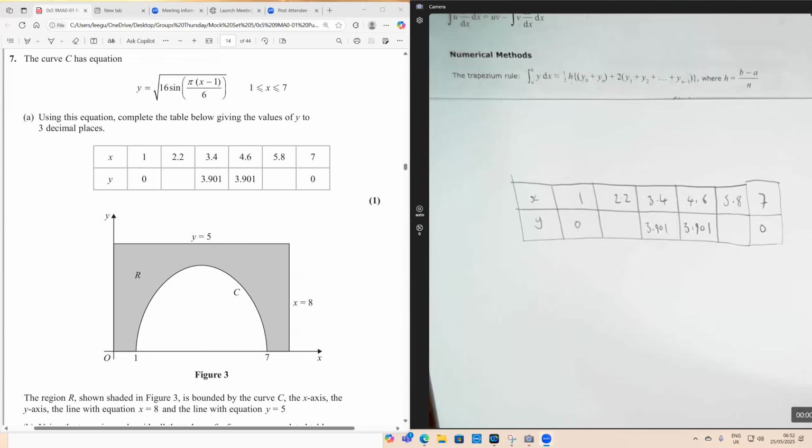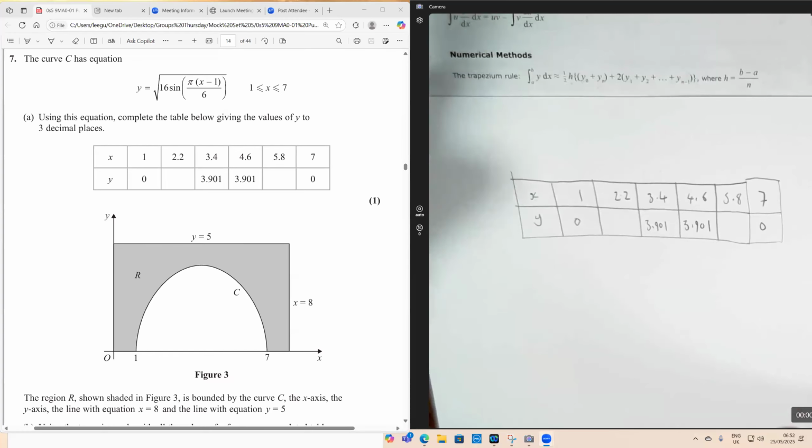Hello everyone, and this is question 7 of mock set 5 paper 1, and we have a question here on the trapezium rule. Normally these questions are quite nice, just got to be careful of one or two little twists and turns. I think one of the most difficult things about this type of question in recent